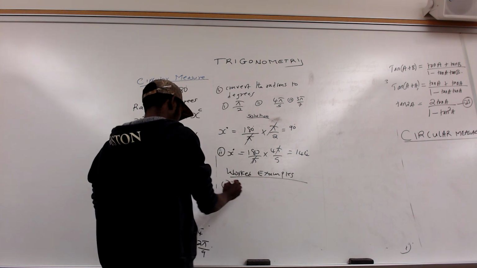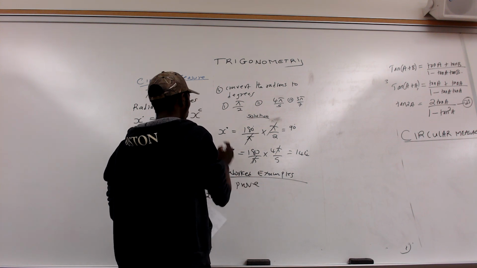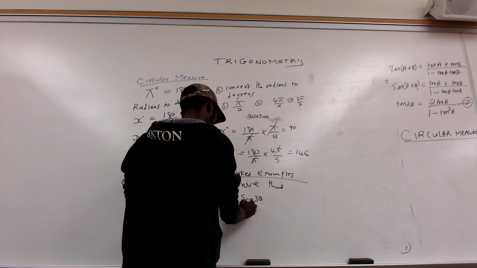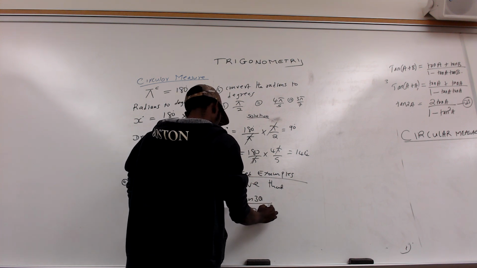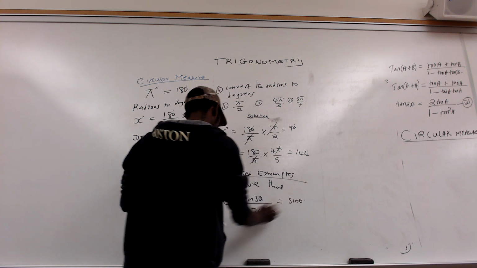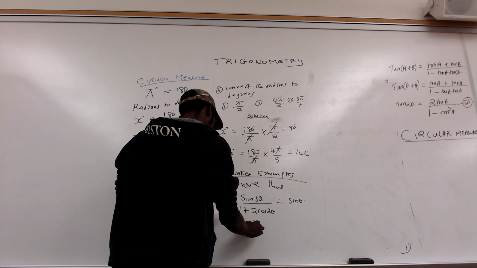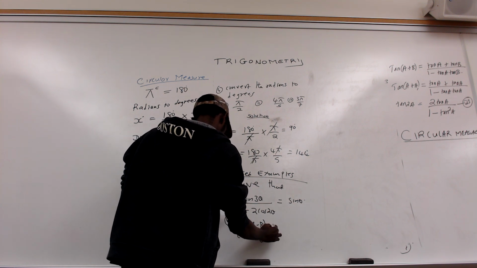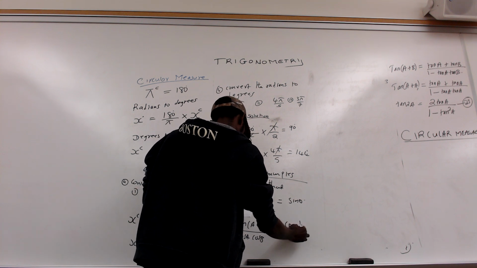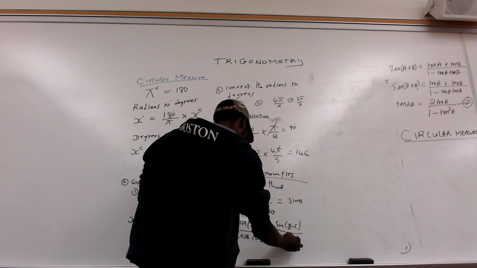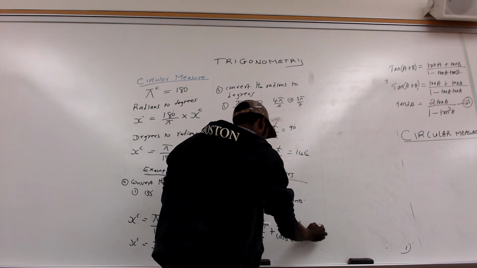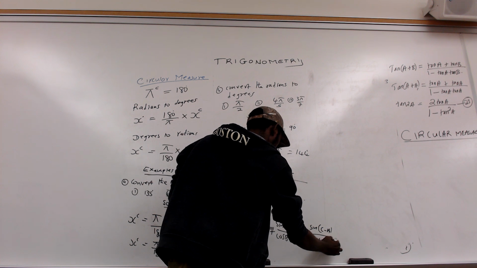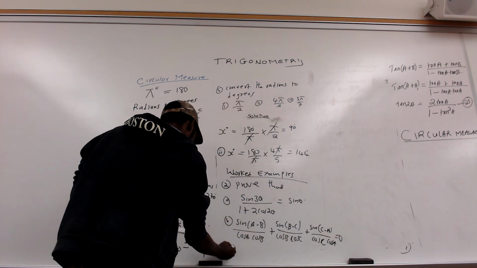So the first worked example says, example 2, because circular measure is that, prove that sine 3 theta divided by 1 plus 2 cos 2 theta should give us sine theta, and the second one, sine into a minus b all over cos a cos b plus sine into b minus c all over cos b cos c plus sine into c minus a all over cos c cos a, all give us 0. And the last example